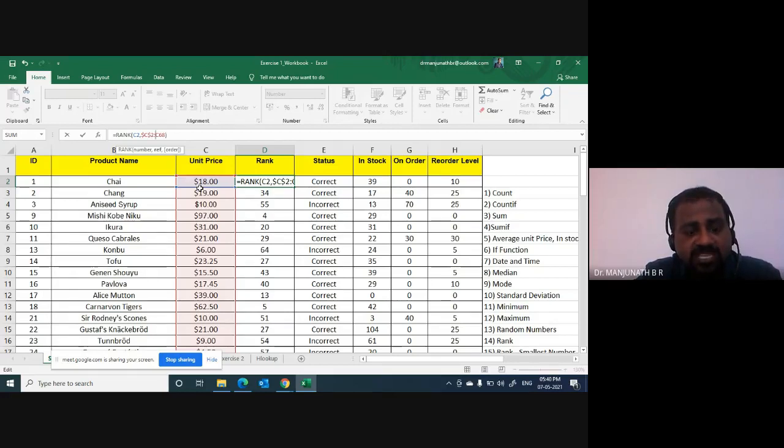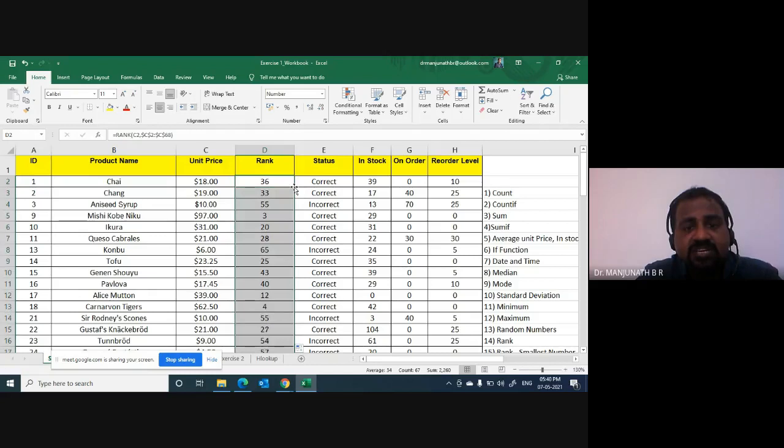At the same time, for C, I'm introducing a dollar sign. And for the 68, between C and 68, I'm introducing a dollar sign. And say enter. After doing that, if you see in the second cell, there is no dollar sign. What I mean to say is that all the cells should have the replication. Therefore, if you place your cursor in the first cell, you can see you introduced a dollar sign. Now you again do a double click so that the numbers automatically get changed. Now, how many of you got this one?